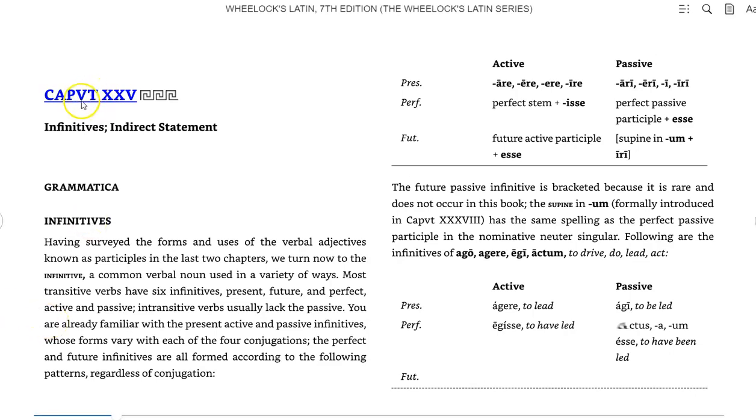Let's take a look at chapter 25. We have infinitives and indirect statement as the grammar in this chapter. Infinitives can be a little bit tricky. The basic idea is clear, but as you'll see, the big challenge is translating it with the correct verb tenses,